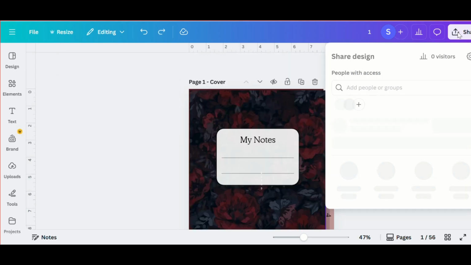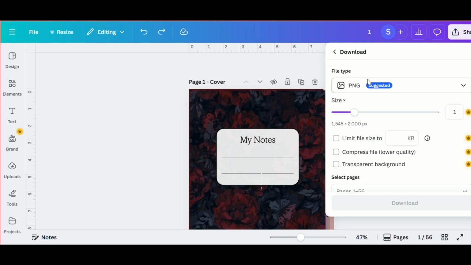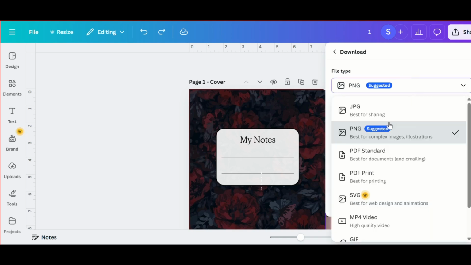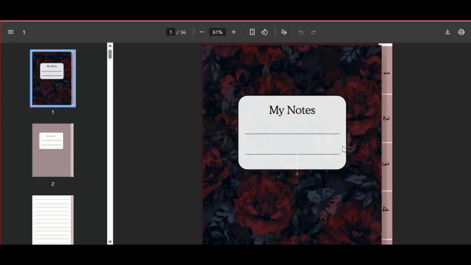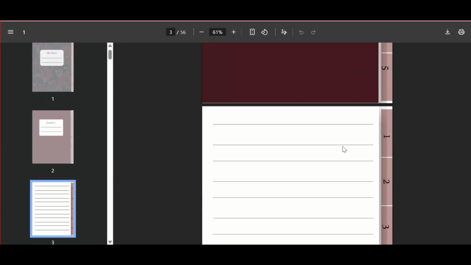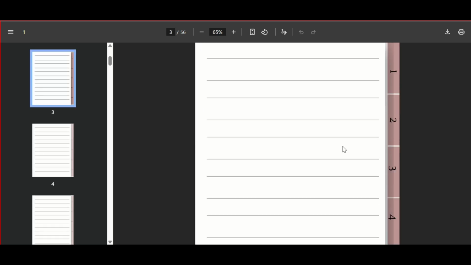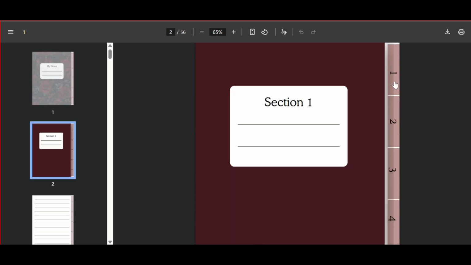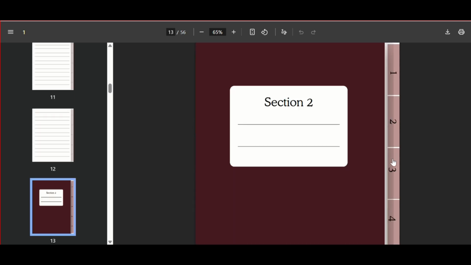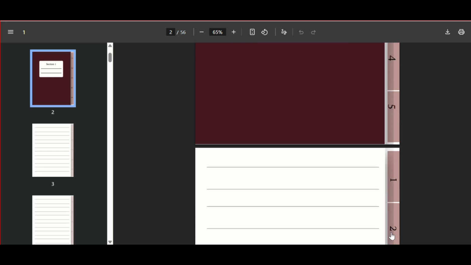So now you have your notebook ready. Click share, download, and then we are going to select PDF standard. So this way the tabs will be clickable. Okay, so I opened the design in Adobe Acrobat. You could easily open it in GoodNotes or another digital planning platform. And then you just want to go in and check, make sure all the links are working correctly. So it is always good to double check the links before you put